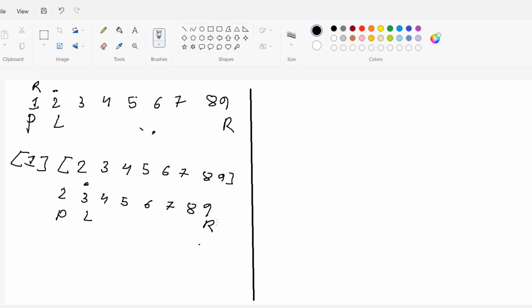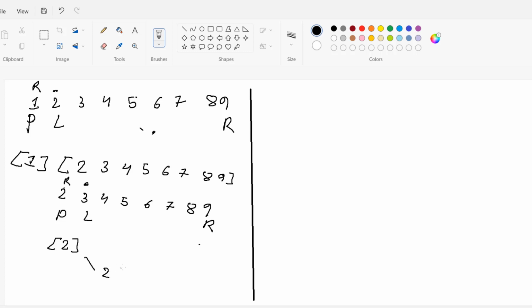Is 9 less than or equal to 2? No. Then it will move slowly, 8, 7, 6, 5, 4, 3, 2. So here I can see that 2 is the only value less than or equal to 2, and the values get interchanged. So again, we have to swap R with the pivot, and this will be our R. So the pivot will find its fixed position, and the remaining values that we have to sort